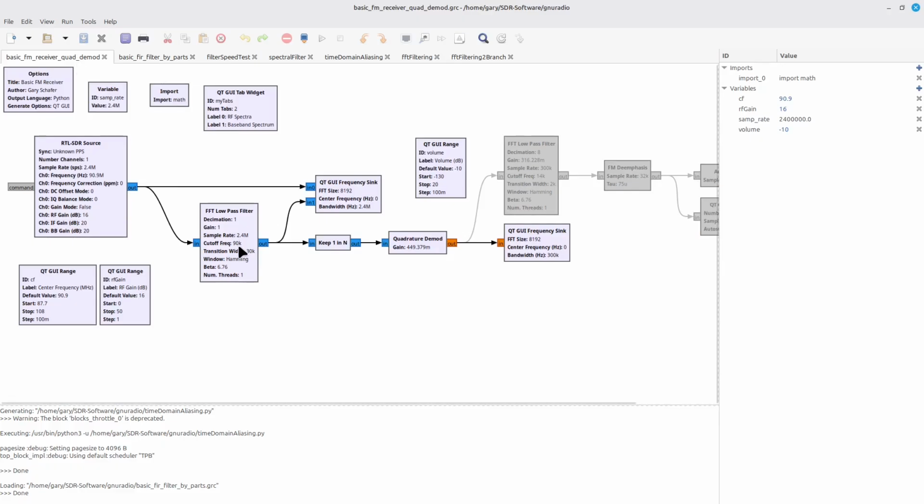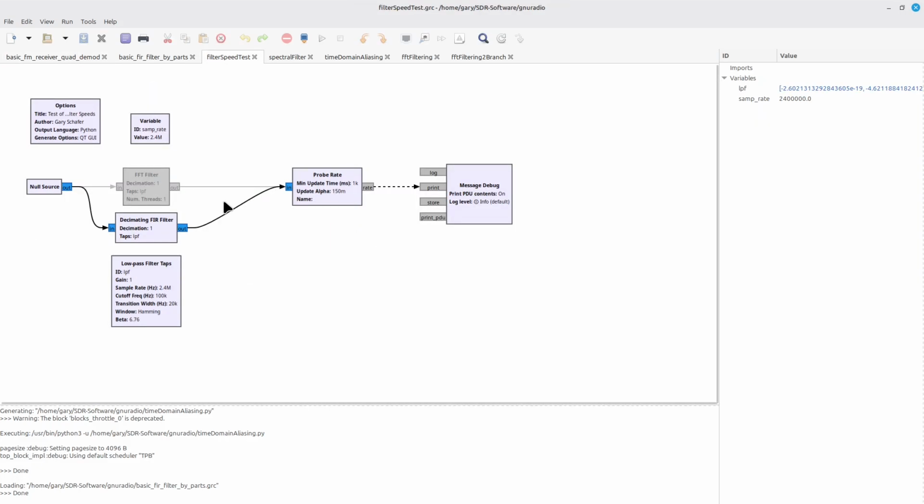What we're going to be talking about today is the FFT part, where you're doing it in the frequency domain. The reason that this works is that first F in FFT, the fast part, the fact that you can do it very, very efficiently. That's what makes the FFT low-pass filter not only usable, but it actually works better in a lot of cases than in the time domain. Let me explain how you can see that.